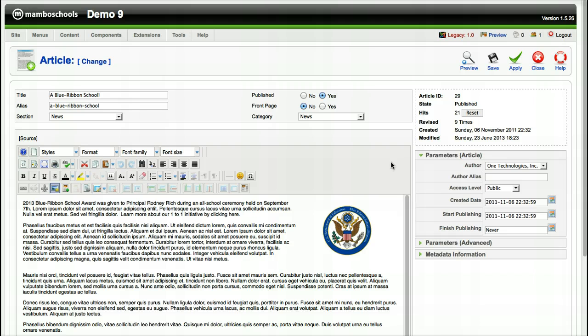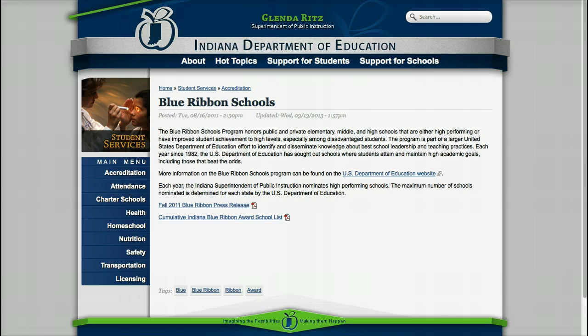So the first item that we're going to be doing is just to link to an external website. I have my Blue Ribbon School article opened up, and again I got this article by clicking into the content menu and selecting from the article manager. I've also opened up a different tab on my browser, and I've gone to the Indiana Department of Education Blue Ribbon Schools page. And what I'm going to do right now is go ahead and copy the URL